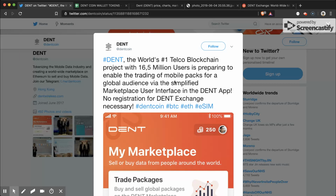So right now, the mobile users don't have access to trading of mobile data. They cannot trade data. They can buy data, but they cannot trade data. Whereas the DENT exchange is only targeted for traders, where they can come in and buy different mobile packs from different countries. So the number of users for the DENT exchange is pretty small, because if you look